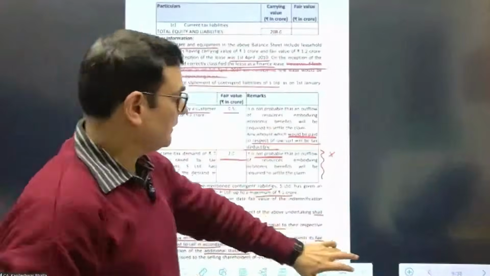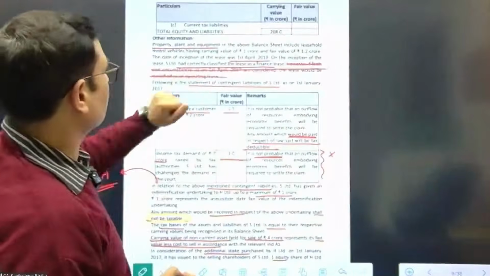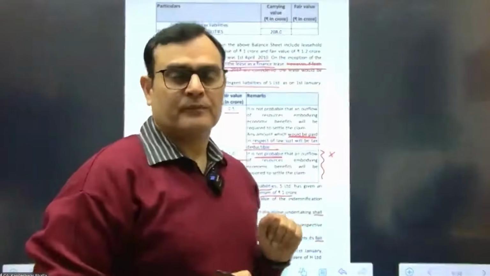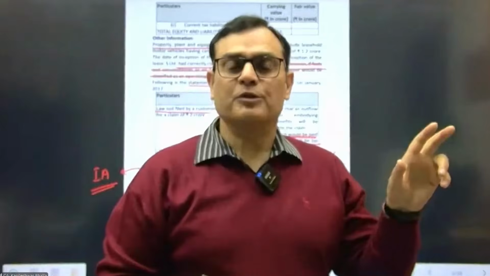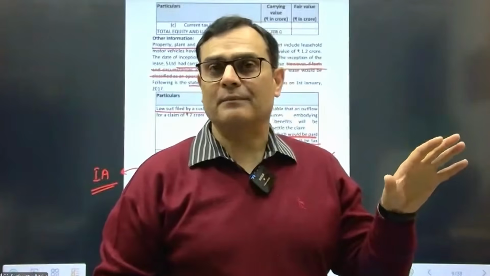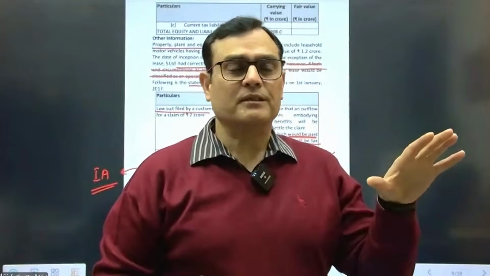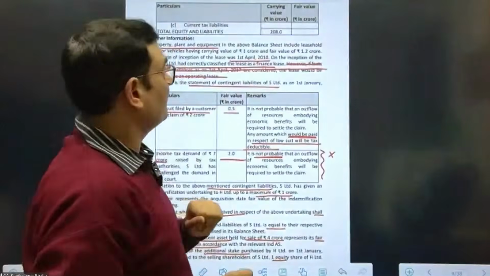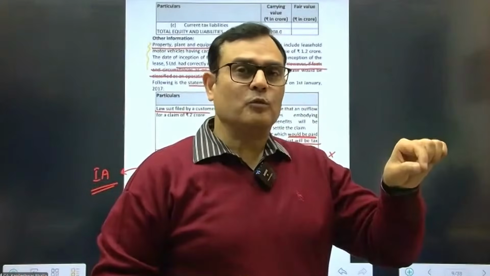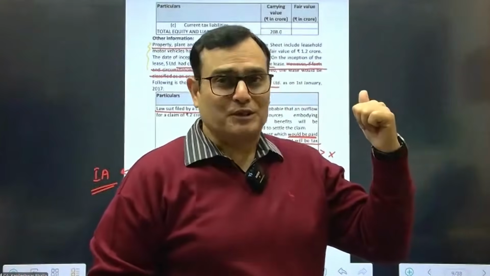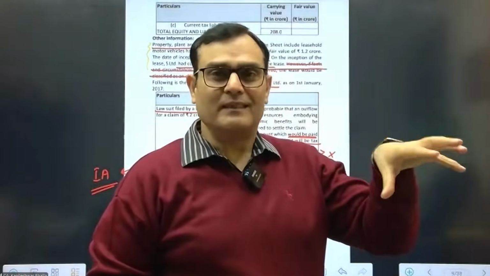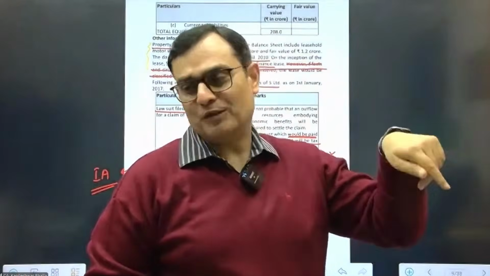No, actually, this is a very old question. In this case, there were some inputs about lease. Since the lease standard 116 gets amended, there have been some changes on that. So I think maybe you can just ignore this para and take the fair values directly from the balance sheet, because when I picked up this question a long time back, that was a little prior to 116. So I think I've just copied that version. Now if you see the study material, the amendments have been done. So you can ignore this para for the time being.